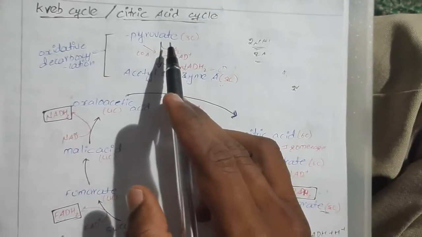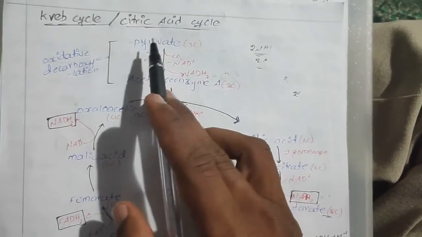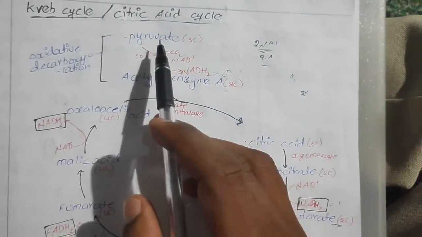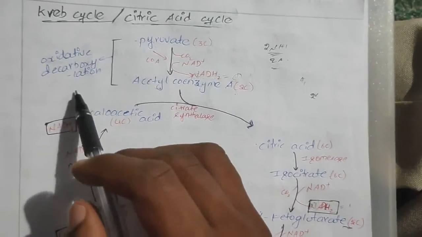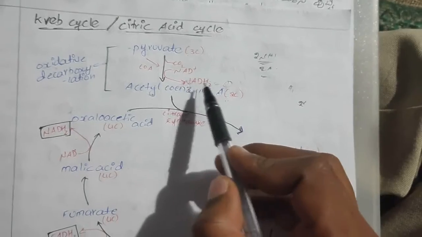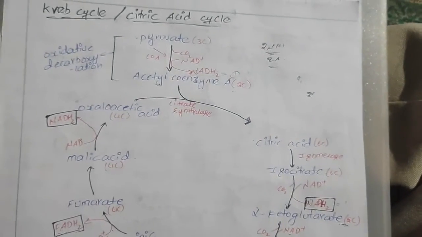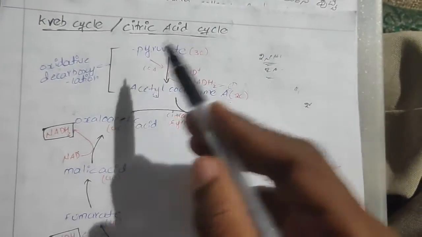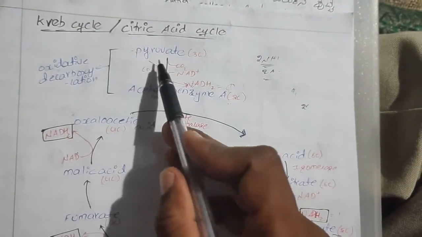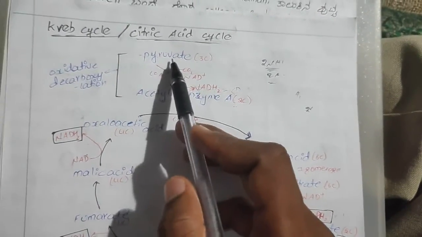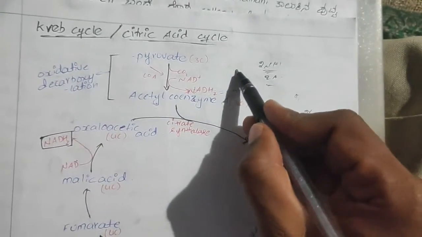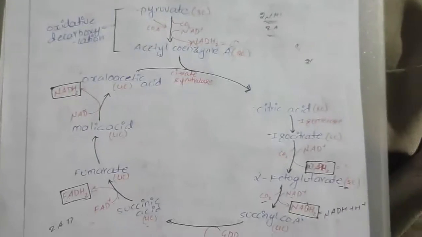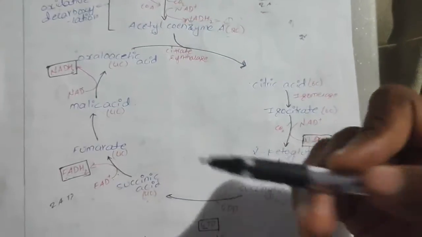See, by the end of glycolysis, this glucose is converted into pyruvic acid or pyruvate, and the conversion of pyruvic acid into acetyl coenzyme A is known as oxidative decarboxylation. In this process we have got 1 NADH2. In glycolysis we have got 2 molecules of pyruvic acid. So 1 pyruvic acid gives 1 NADH2, and 2 pyruvic acid give 2 NADH2. Therefore, in total, oxidative decarboxylation gives 2 molecules of NADH2. Remember this. And this acetyl coenzyme A enters into the Krebs cycle.